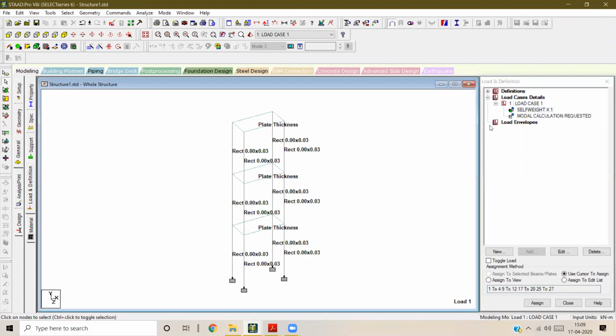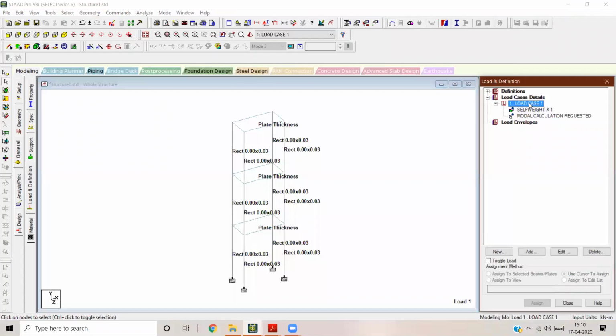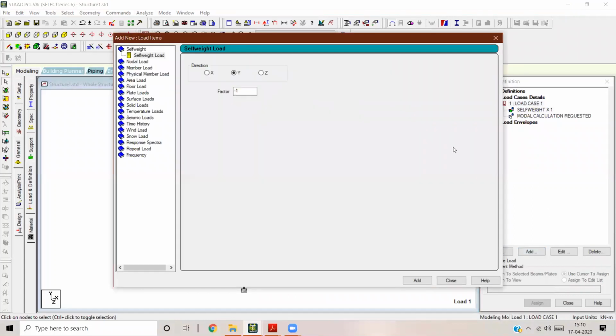Next, unlike E-tabs where you don't really have to add a specific command to determine the mode shapes, in this case, you'll actually have to add a command. So same, click on load case again, click on add again, go to the very last option that is there. What is the last option here? Frequency. Under frequency, you have 2 tabs, Rayleigh frequency and modal calculation. I think ma'am must have done your Rayleigh method, but we use the Rayleigh method only to find one of the natural frequencies. In this case, we want 3 mode shapes, or 3 frequencies. So go to modal calculation and click on add.